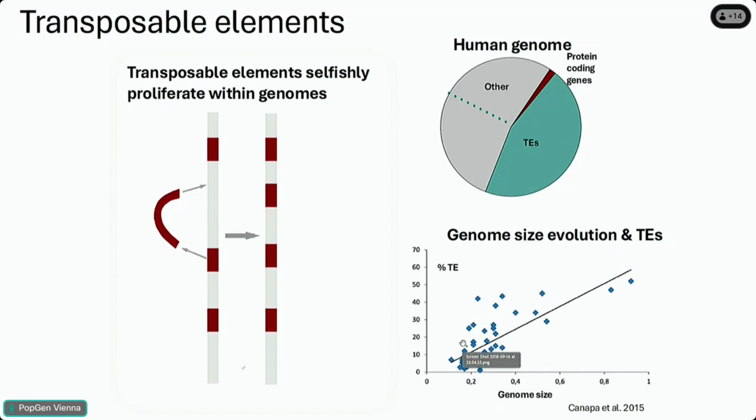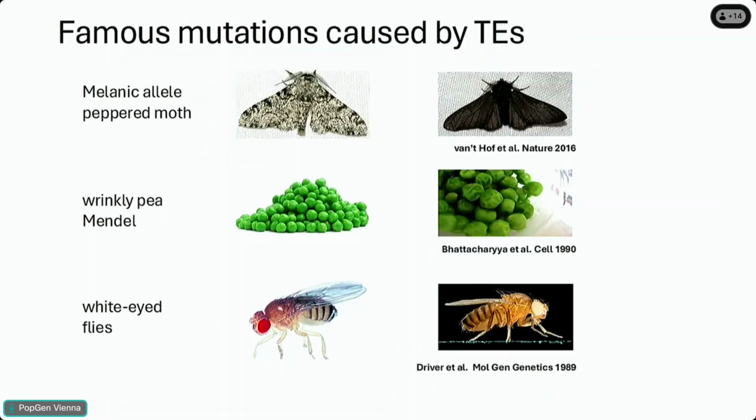Humans aren't particularly special. Lots of genomes have lots of TE-derived DNA, and it's a really good explainer of genome size. The more TE-derived DNA you have, the bigger your genome is. TEs are not just inert junk floating around in genomes. They can also be sources of mutations. So these are some of the famous mutations that were caused by transposable elements. This